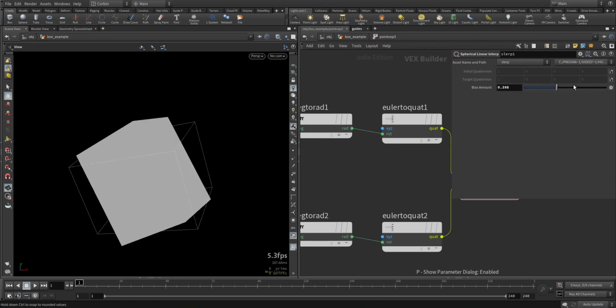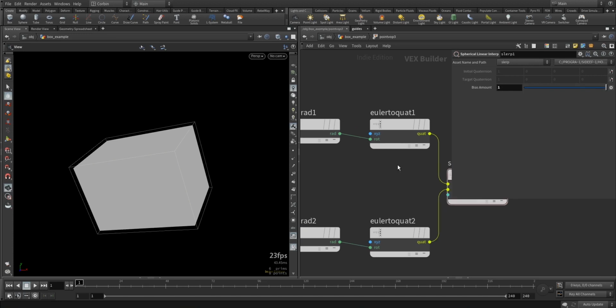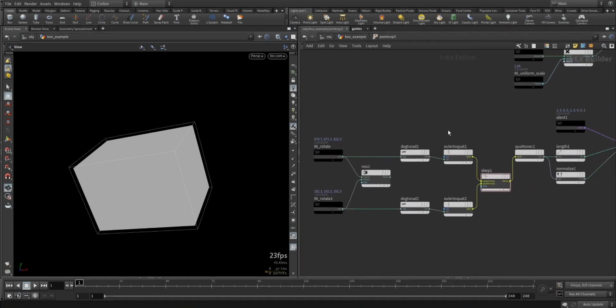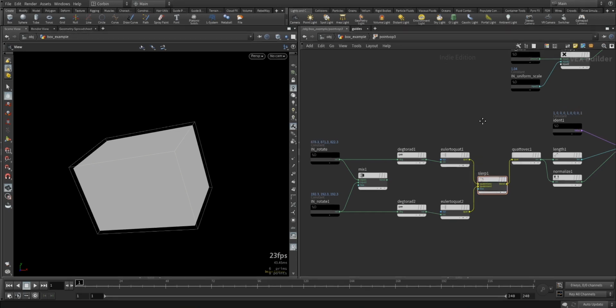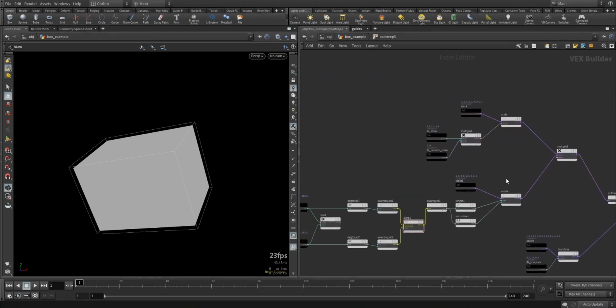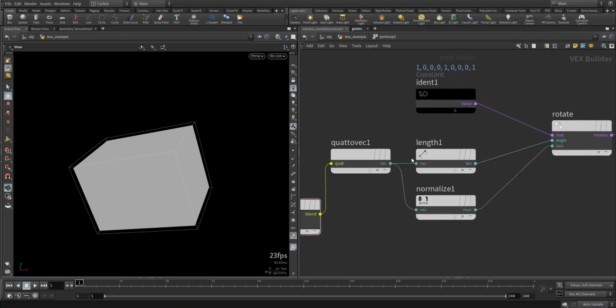Which is very useful to know how to do, because sometimes you literally want to do a blend shape, but the blend shape goes through one another. If you just blend it, it just kind of crushes and compresses and then expands into the new shape. And that's not nice. Whereas if we do a spherical linear interpolation, we can literally have it tumble into the correct position and it maintains its volume. So there are lots of cool things we can do, and I wanted to show you this example because it combines a lot of what we've learned in this